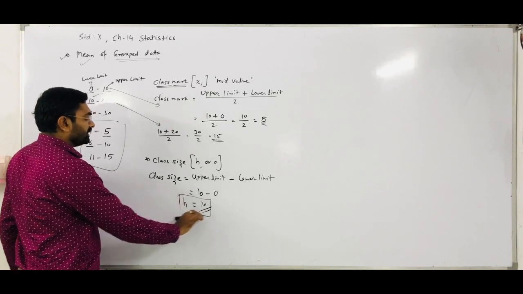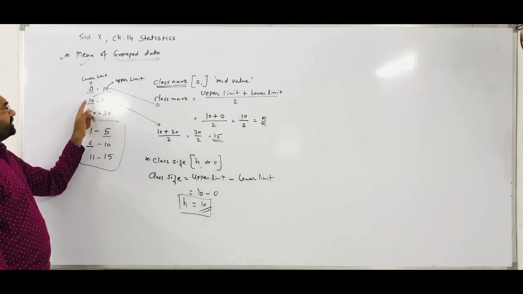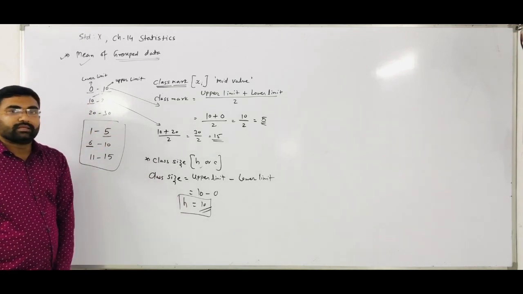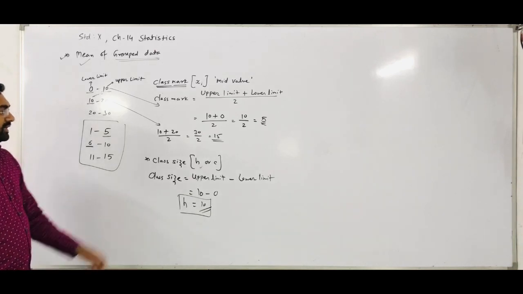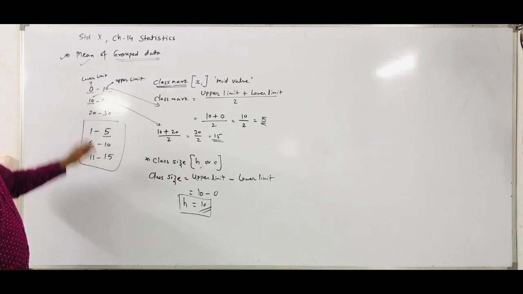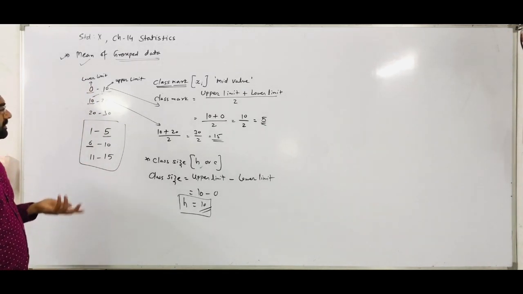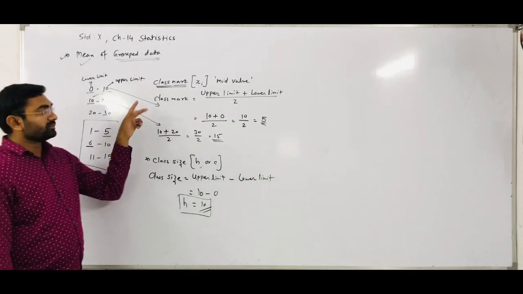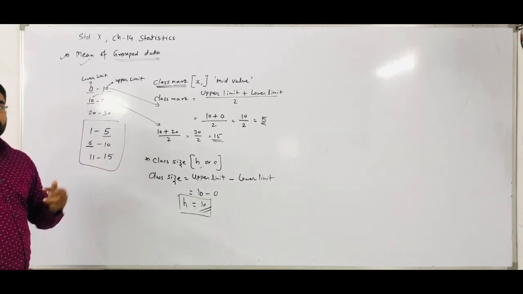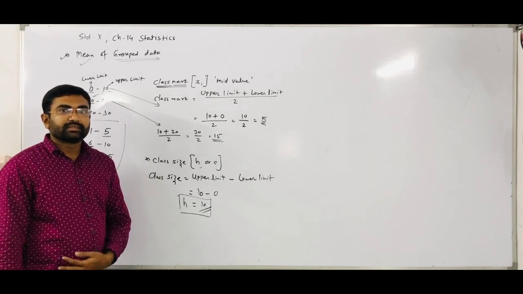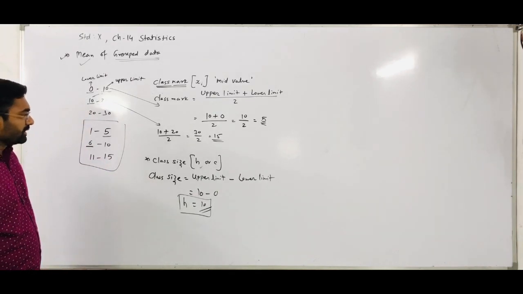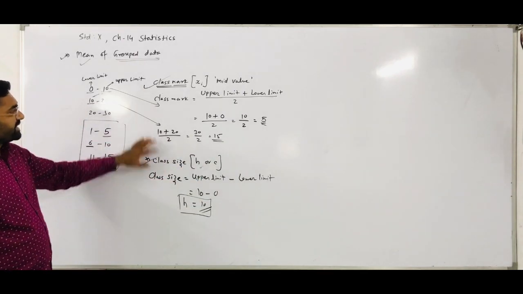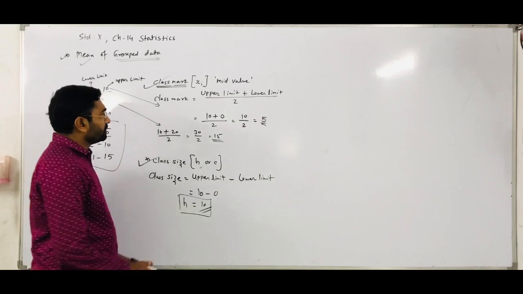So the H value is 10. Right? Same way, observe here upper limit minus lower limit: 20 minus 10 you get 10 only, 30 minus 20 you get 10 only. That way you can find the class size of a continuous class. Another way to define the class size is the difference between two consecutive class marks, which is also represented as the class size. Now I hope all of you are clear with the class mark and the class size, because this is the basic thing. After that we have to apply the mean formula.